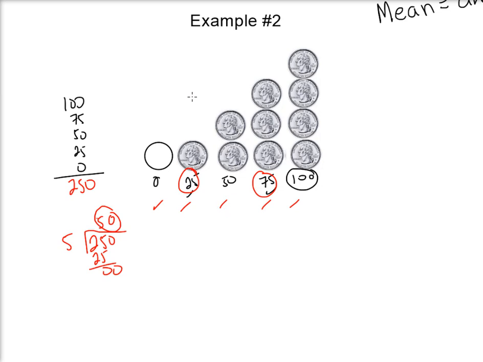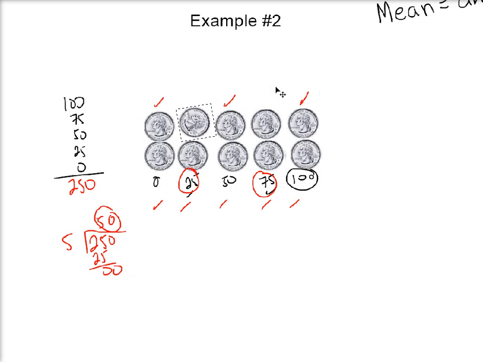All right, so let's try that. So this stack is a value of 100. If I move 2 of those quarters, or if I move 50, now that value is going to have 50, and this value is going to have 50. So I want each one of those to be 50. This has 75, so I've got to make that value be 50. All right, so if I remove one,